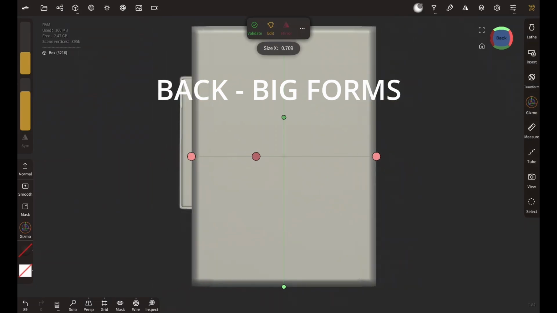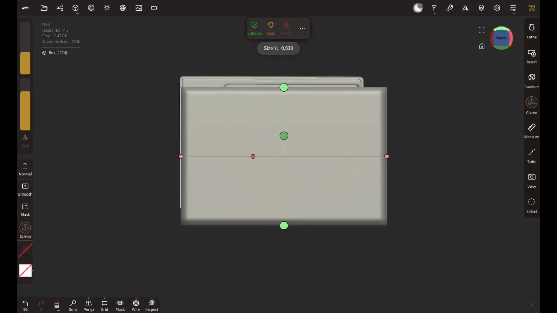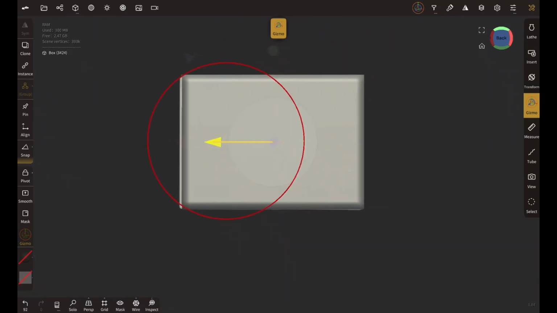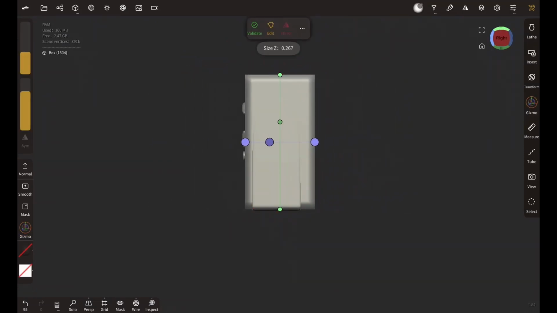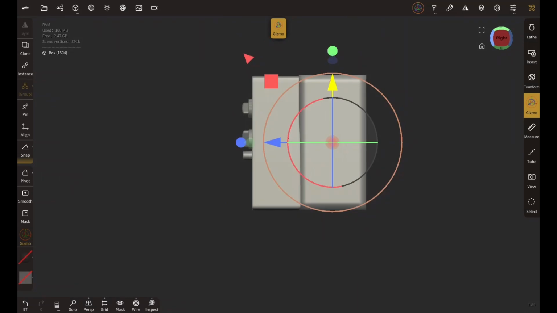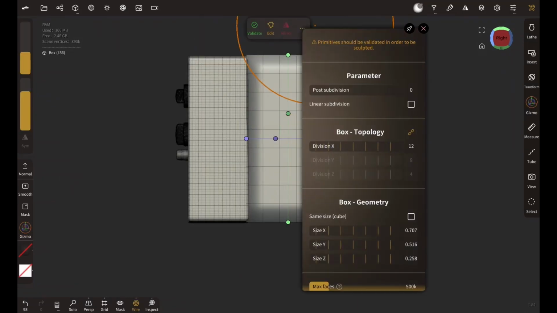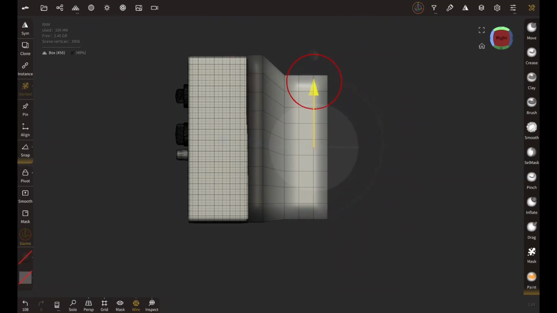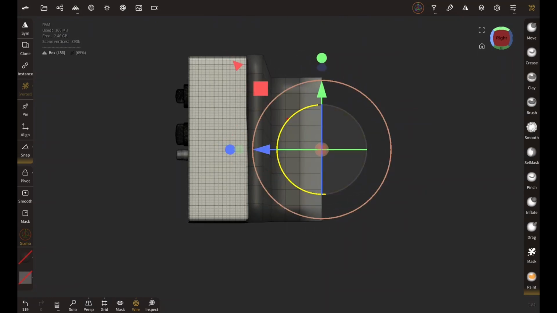Now, let's start modeling the back part. I'm adding a box, changing its height and width to match the front part. Then lowering the poly count and with the cell mask and gizmo experimenting with the shape until I find something I'm happy with. As you can see, I'm using shell mask brush constantly,